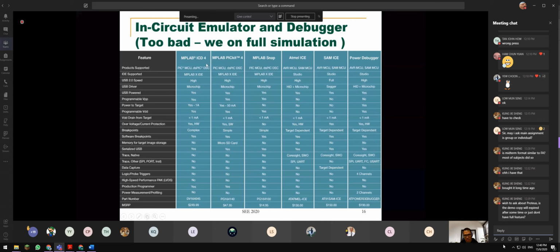Class, in those days, your seniors, if they were using PIC24, they should have their own PICkit 3. Now there is PICkit 4 on the market. They learn how to program it, and PICkit 4 also allows you to have hardware debugging. Of course we can't do all these things at the moment, so we rely on Proteus to do the full simulation. Just have a brief look at this.